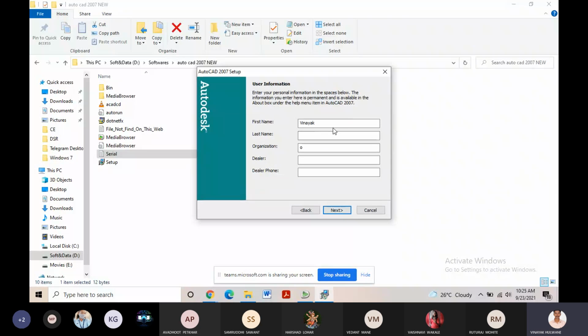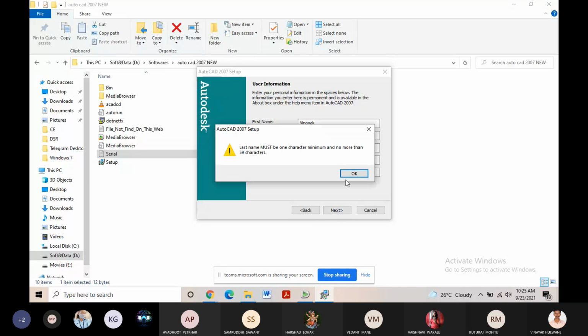Okay, you can fill in your information. This is the optional part. Click on next.